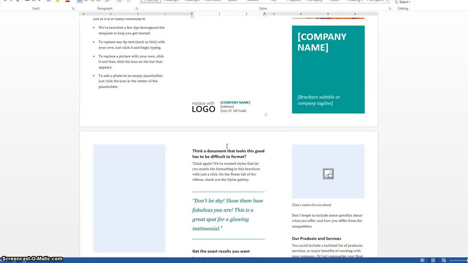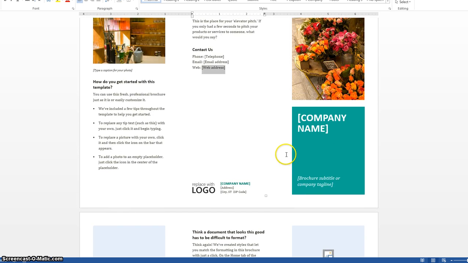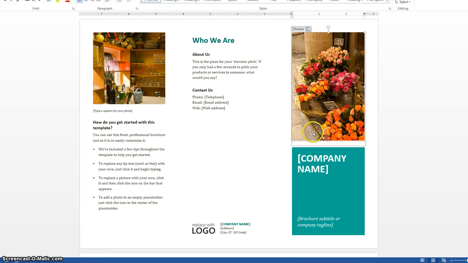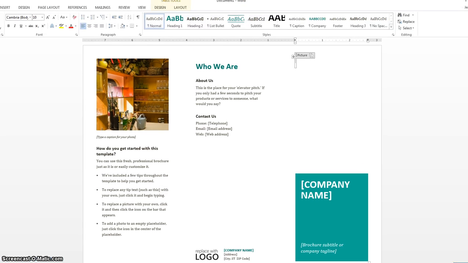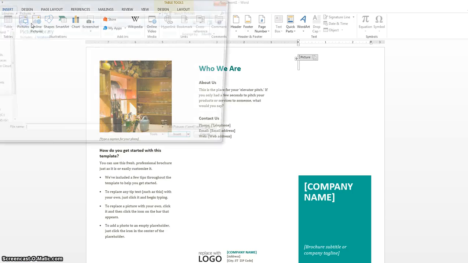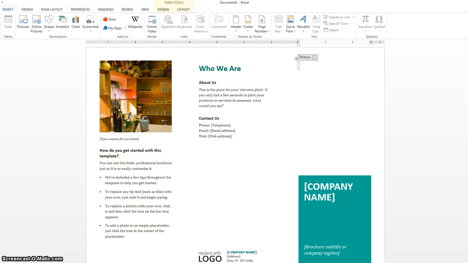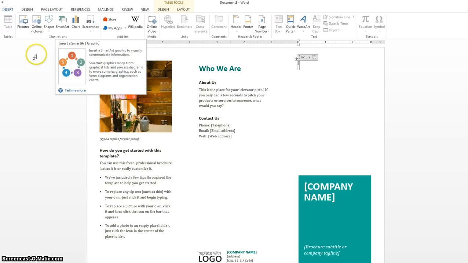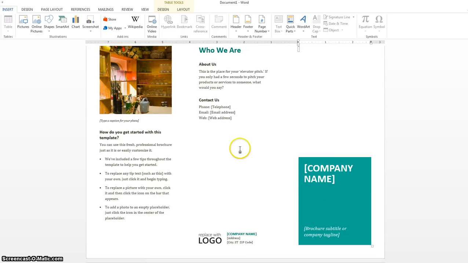So now you've got a template that's already done for you, and all you have to do is add stuff. For instance, right here, I'm sure you want to take out this picture, so you delete it, and then you just insert another picture that works for you. So I'll go up here to insert and pictures, and I have pictures already saved, but you can also insert clip art and things like that. You can also Google images and save them, and they'll come up in pictures. But to show you, for your brochure, you might say